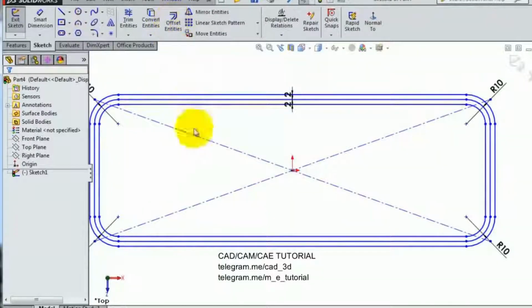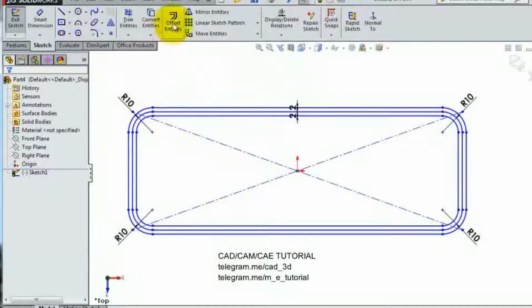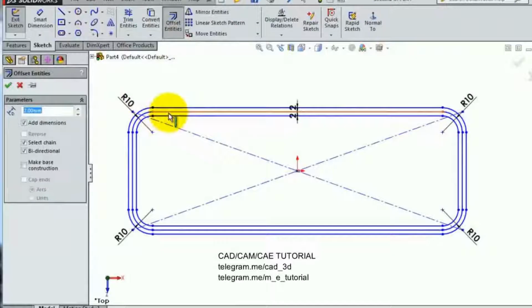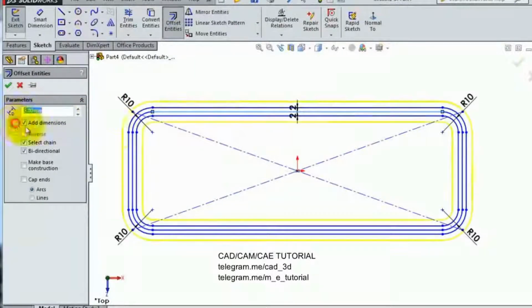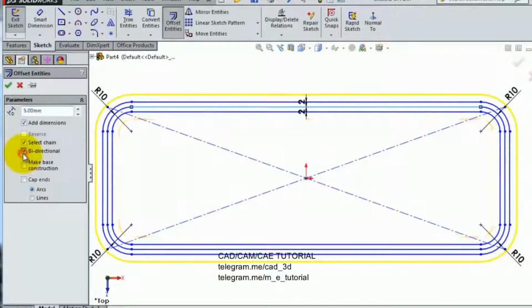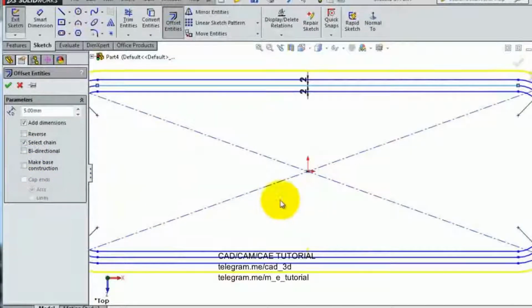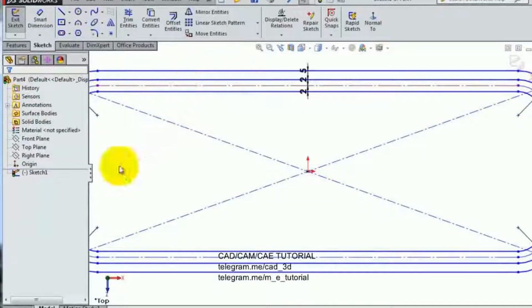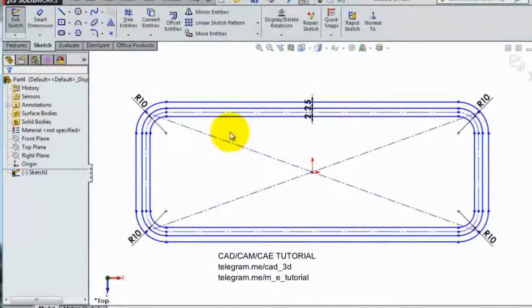So it is time saving. You don't need all the time to create an offset. If you wanted, you can just use the offset entities. Now you can make an offset from one of these sketches or offset sketches. Just uncheck the bidirectional and